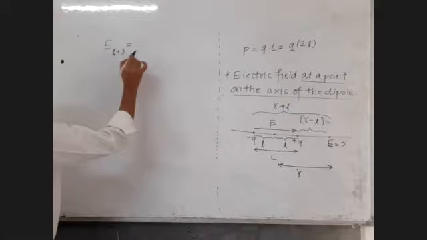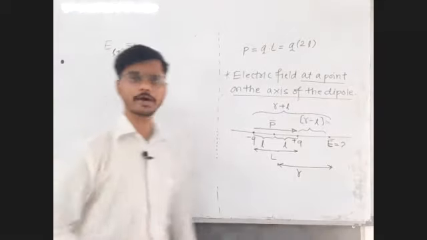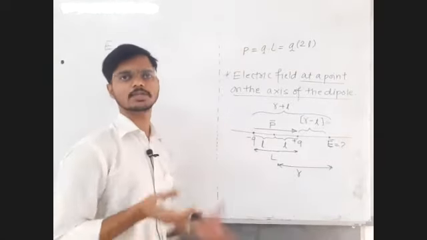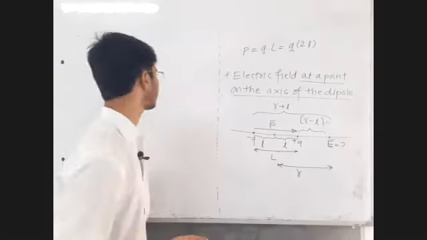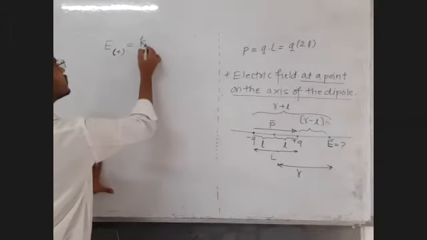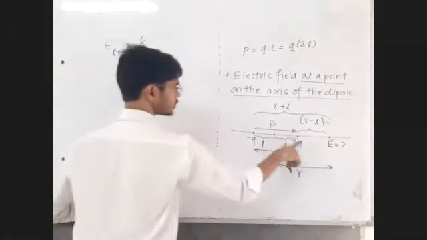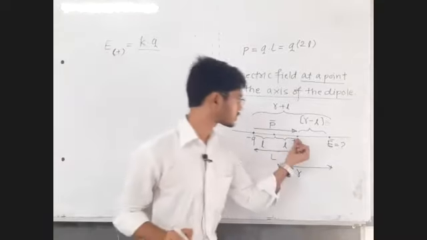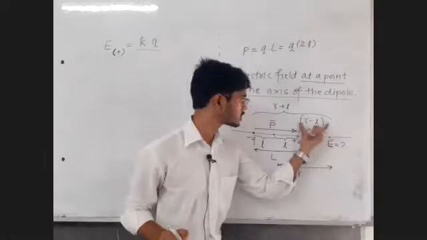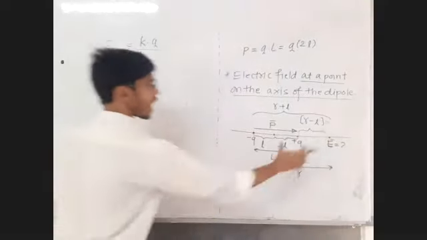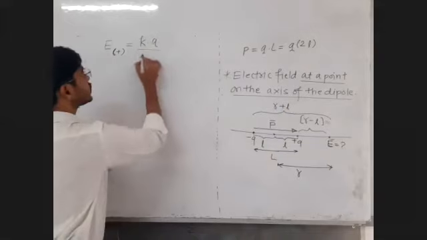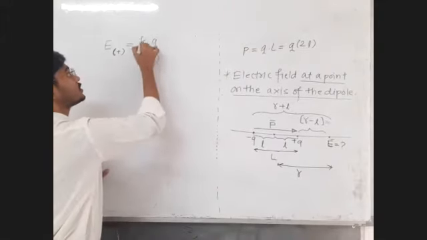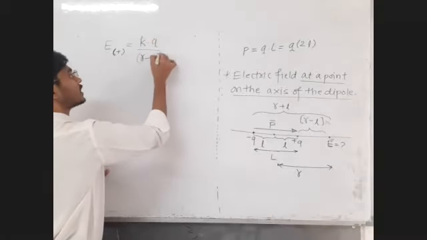Okay, numerical value only we want. What is electric field due to the point charge? Sir, 1 upon 4 pi epsilon 0 q upon r square. But 1 upon 4 pi epsilon 0 is called k, small k. So k into the given charge, its value is small q, k q upon r square. What is the distance of the given point from the given charge? Sir, it is r minus L. So r is r minus L. So kq upon (r minus L) square.